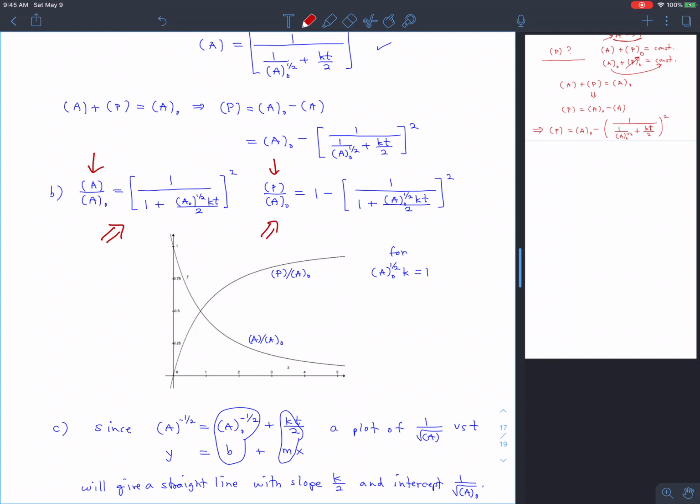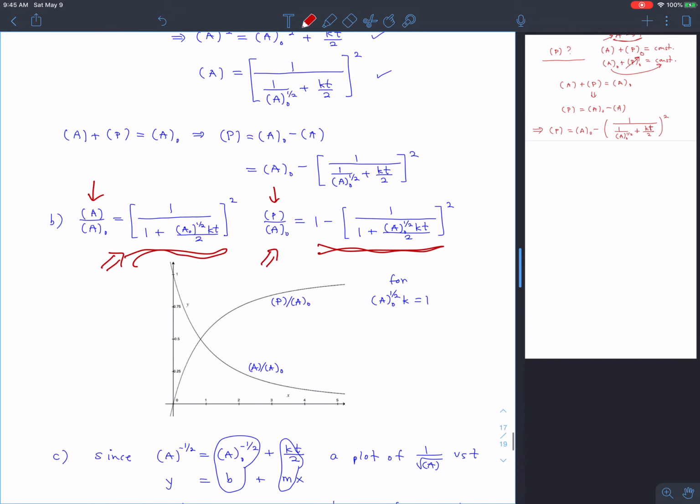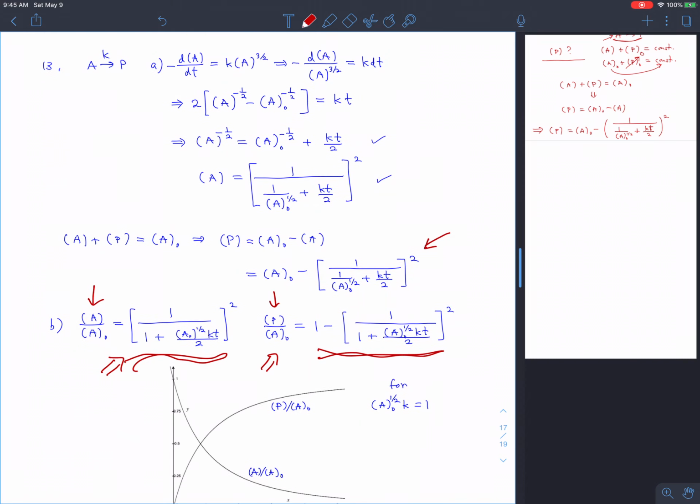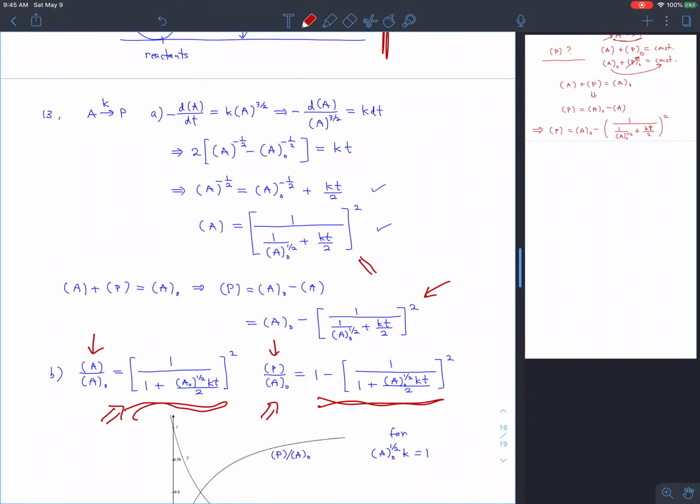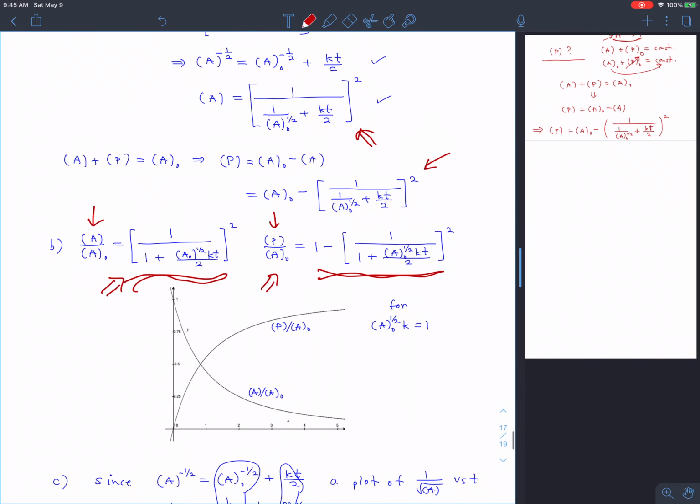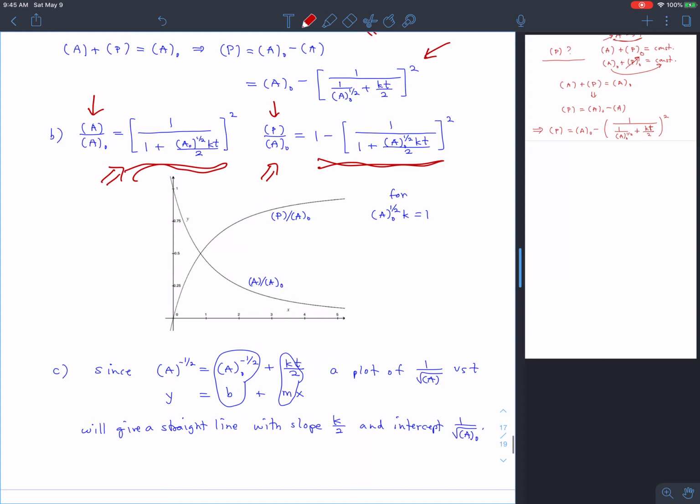I've reworked it a little bit to make it a little bit nicer for plotting purposes, but it's basically the same answers. In fact, here's the answer we just got for P. Here's the answer we just got for A, in the same exact form as they were over in our derivation just a minute ago. And here are the plots, and there's not too much to say about it except that, yes, the A concentration goes down, the P concentration goes up. And once again,